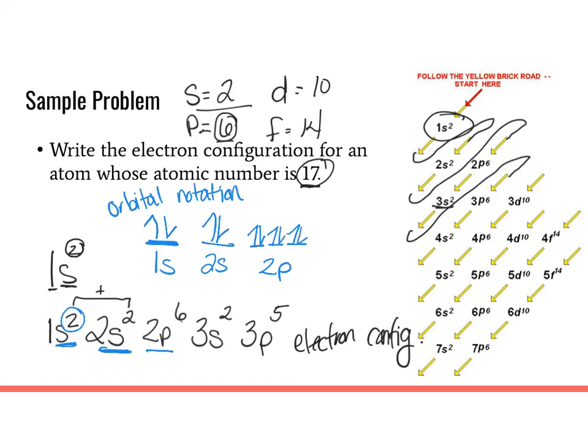Remember, it's like sharing beds. You don't want to have to share your bed, but if you have too many family members, maybe you have to. So don't share the bed until you are running out of beds. Then we go back to the S, 3s, 1, 2. And then we go 3p, 1, 2, 3, because that's a p orbital. So 3p, and I need 5 of them in there. So I'm going to go 1, 2, 3. Now I'm going to start pairing them, 1, 2. Notice we could fit one more there, but we don't have to right now